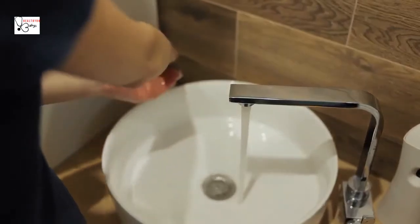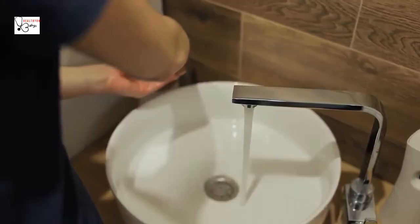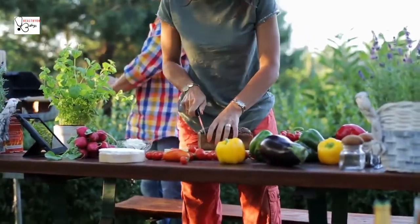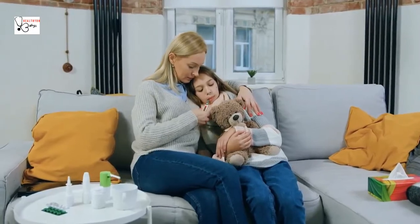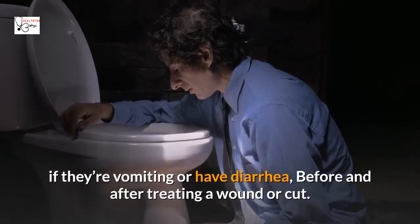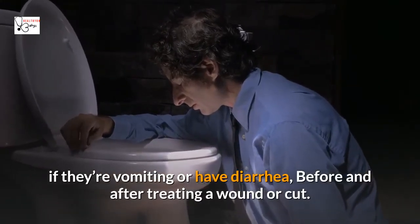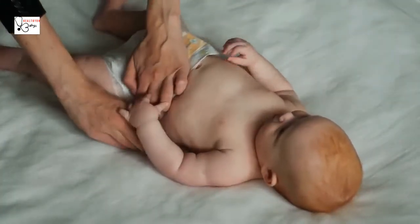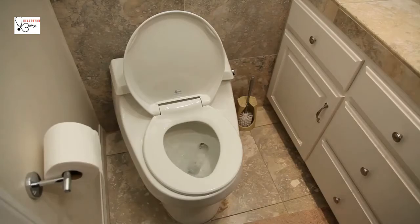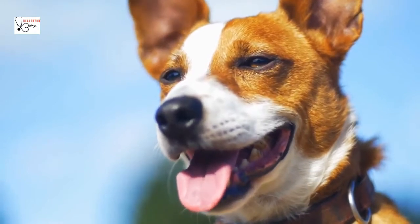Wash your hands before or after the following activities: before, during, and after preparing food, before eating, before and after taking care of someone who is sick, especially if they're vomiting or have diarrhea, before and after treating a wound or cut. After using the toilet, after changing diapers or cleaning up a child or person who has used the toilet, after blowing your nose, sneezing, or coughing, after touching a pet or other animal, or animal feces, after touching